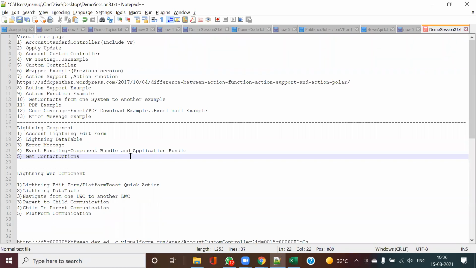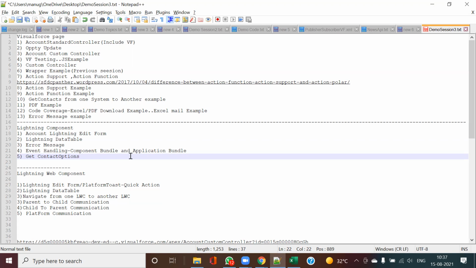At that time, Lightning components were fewer, but Visualforce was more. Around 2018-19, if you had 10 projects, 7 would be in Lightning and 3 in Visualforce. Now currently, if you have 10 projects, 5 will be in Lightning components, 3 in Lightning web components, and 2 in Visualforce.